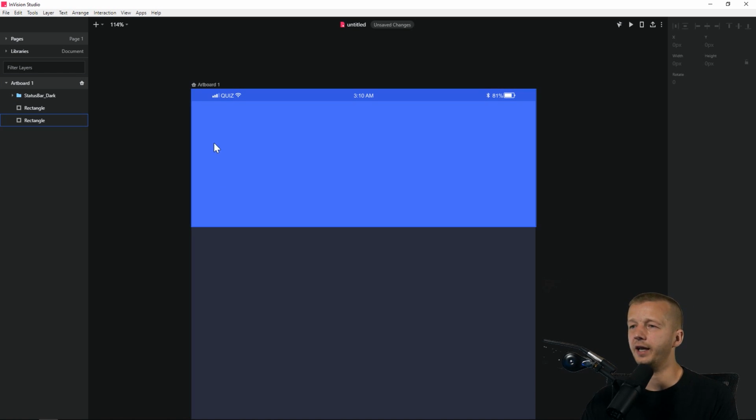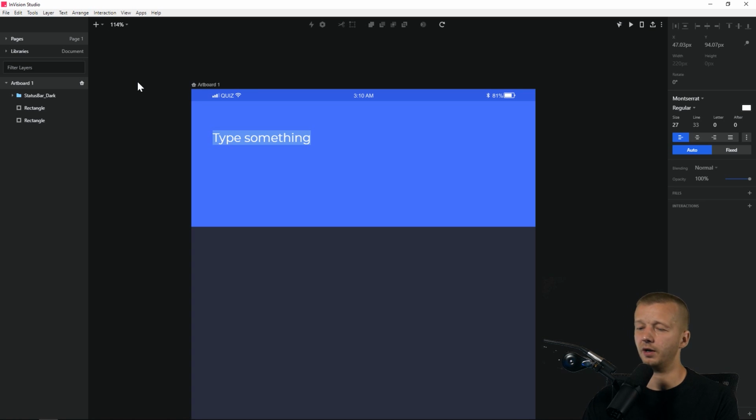So now let's go ahead and put the name of the app. The type tool, which you would assume to quickly gain access to through a shortcut, is T. It's also accessible by clicking up on that plus. We'll just type in